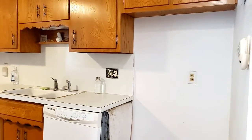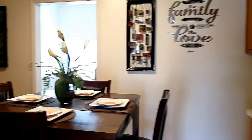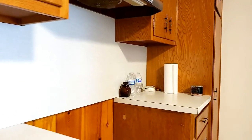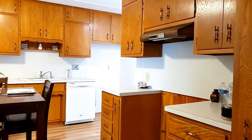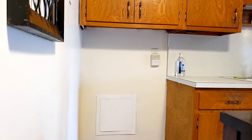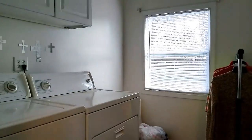And then in here, we're going to enter the kitchen. So the only thing that's really missing here that you'll need to get is a fridge. But it's got the dishwasher, table. Oh, and it's also missing a stove. So those are a couple of things you might need to budget for. It's not a very big kitchen, but it's got some good cabinets. I mean, so it's got enough there. I'm not quite sure what used to be here, but okay. Now here is your laundry room,